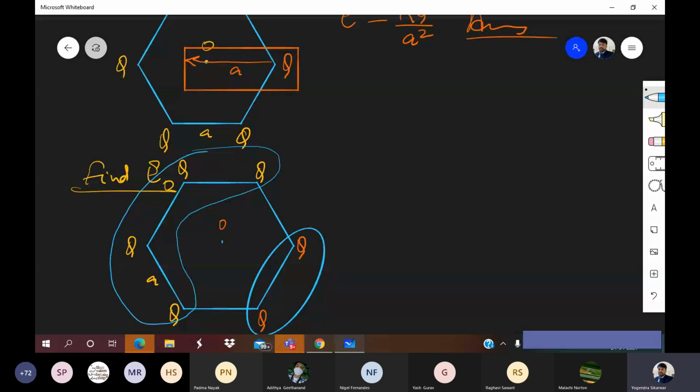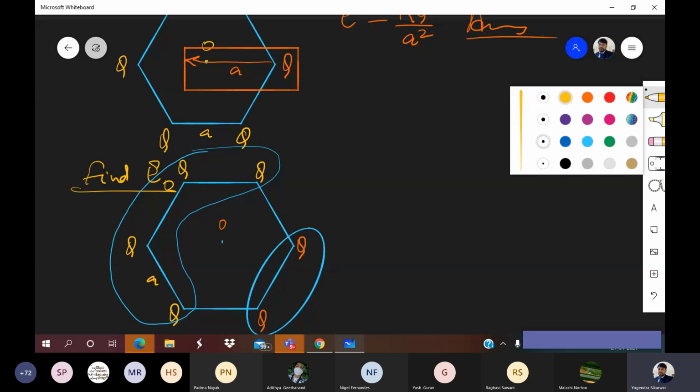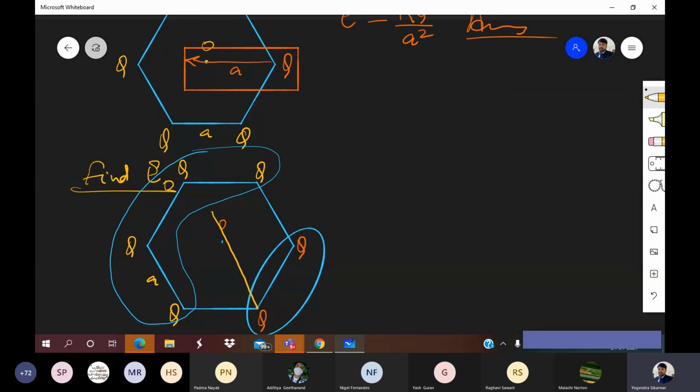So let us find how much will be electric field due to these two charges at point O. So bhaiyon bahno, electric field due to this charge will be, let's say, E1. Electric field due to this charge will be, let's say, E2,